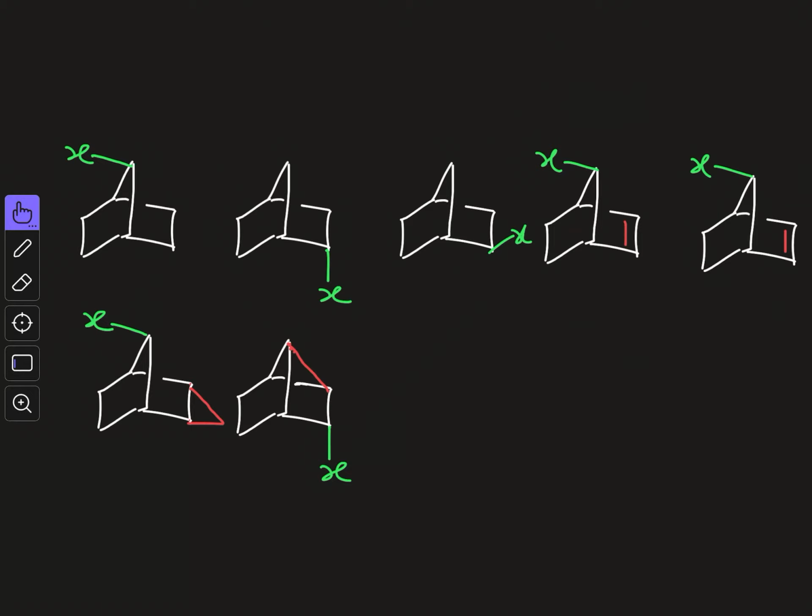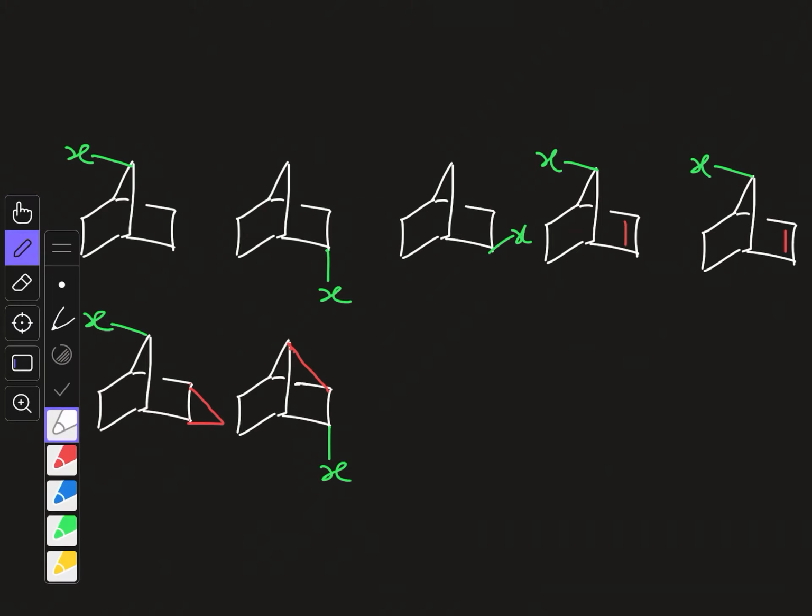Based on these examples, we can frame several MCQ questions, which I am not going to discuss, but I will compare the relative rates of all these. If you know the relative rates of all these, you can answer all the questions related to that. So first, let me write down the relative rates of these particular reactions.